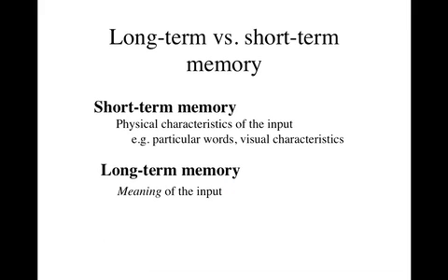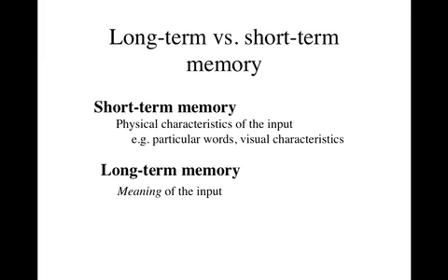What's the difference between short-term memory and long-term memory? Well, short-term memory is encoded in terms of the physical characteristics of the input. So it's much more specific to the particular way in which the information was conveyed to you. You can remember specific words. You can repeat an entire sentence. You may remember the intonation. You may remember visual characteristics of information you saw, whereas long-term memory is abstracted away from this to the meaning